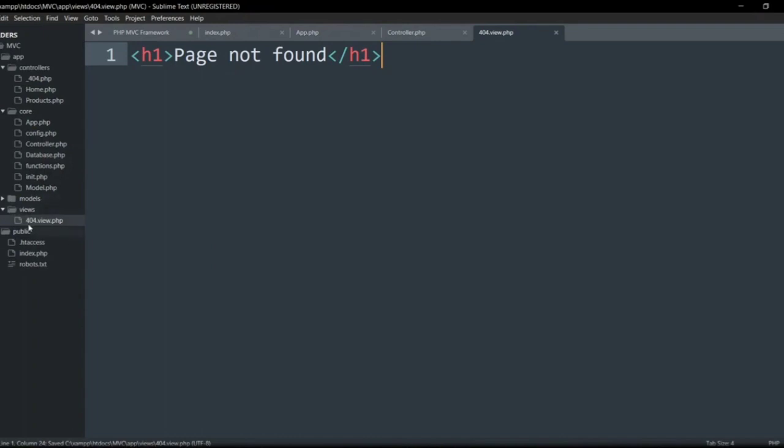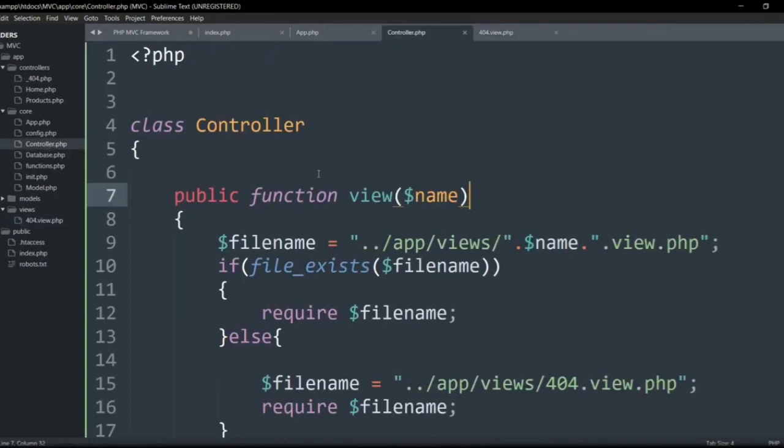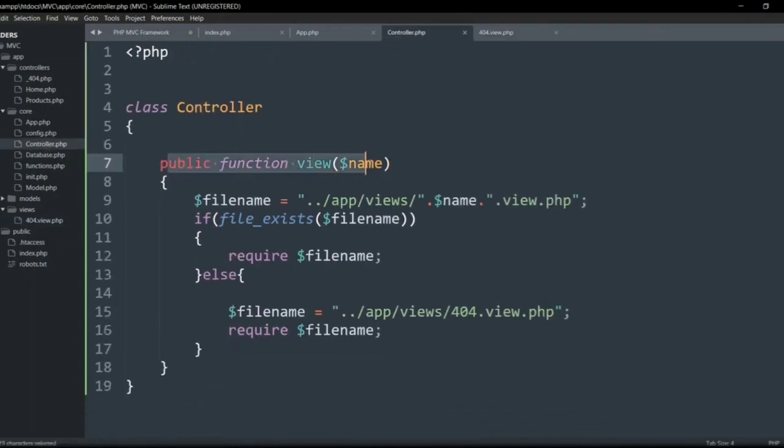So we have one view file here, which is 404, page not found. Now, how do we make the home page or the home controller load the view it wants to load? Here, instead of page not found, we can say view file not found. Okay. So in order to take advantage of this function that's in here,